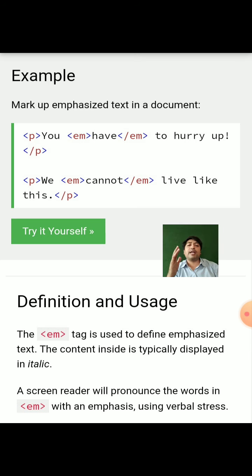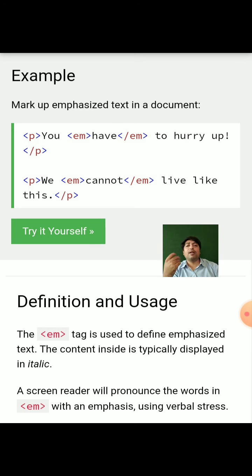The emphasize tag, EM tag, is used to define emphasized text. The content inside is typically displayed in italic. A screen reader will pronounce the word in EM with an emphasis using verbal stress. See your screenshot, see the screen. You will easily understand what happens when you write the EM tag before and after the text, for opening and ending the tag.